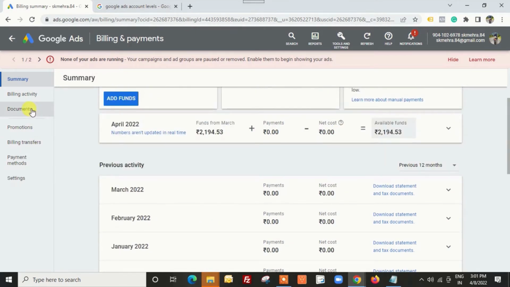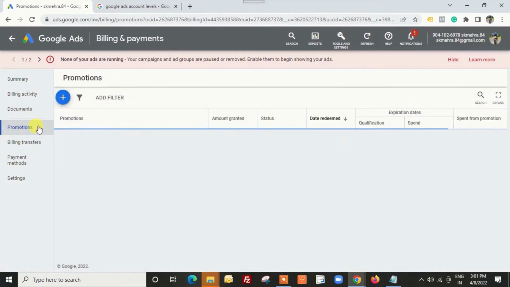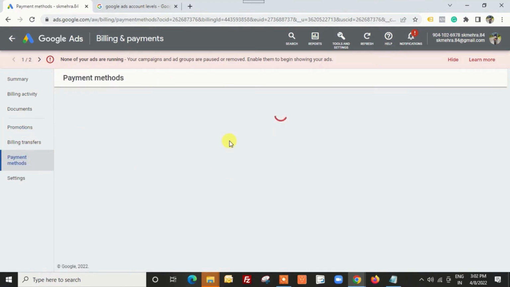Different reports. If you check these different tabs, this one is also important. Promotions. Sometime we get some promotional offers, maybe $200 or $100 Google Ads credit. Also sometime we get these promotions when we are in active Google Ads campaign. We also add these promotions. Okay, so this is the place wherein you would be adding these promotion, the coupon codes,